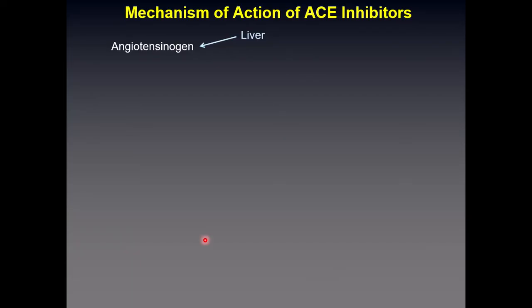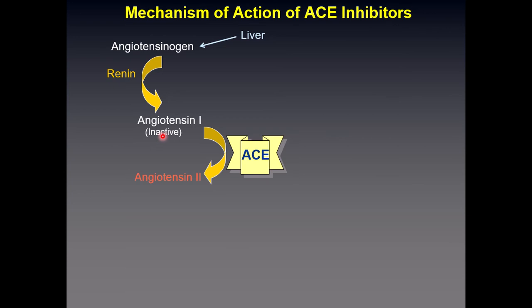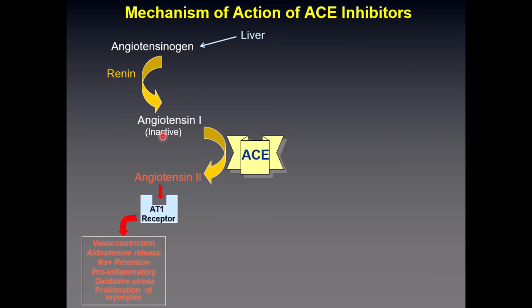Now, the mechanism of action of the ACE inhibitors. As we discussed earlier, angiotensinogen is secreted by the liver, and angiotensinogen is converted to angiotensin 1 by the enzyme renin, and angiotensin 1 is then converted to angiotensin 2 by the enzyme ACE, and this angiotensin 2 acts on the angiotensin 2 type 1 receptors, and these angiotensin 2 type 1 receptors will